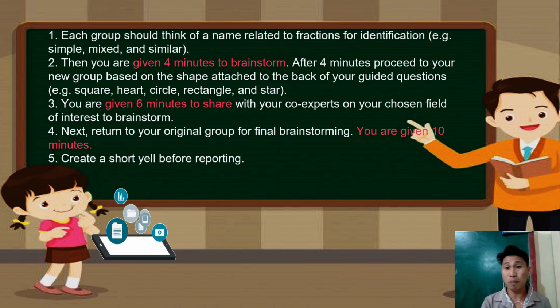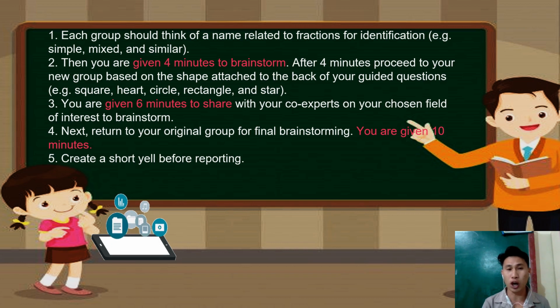After 4 minutes, proceed to your new group based on the shape attached to the back of your guided question. Example, the names of the shapes are square, heart, circle, and rectangle. You are given 6 minutes to share with your co-experts on your chosen field of interest